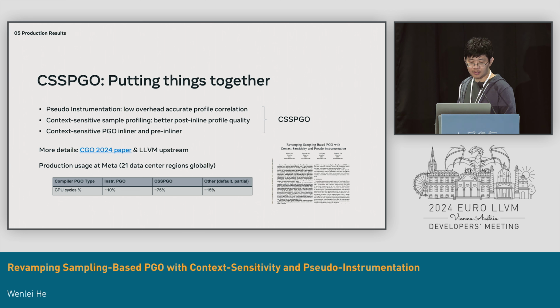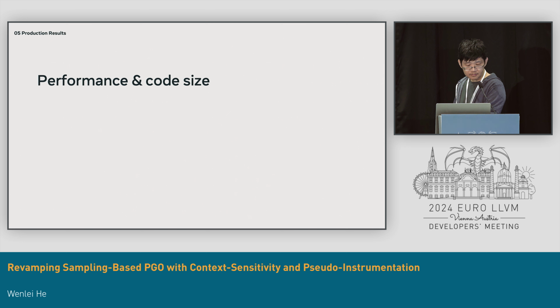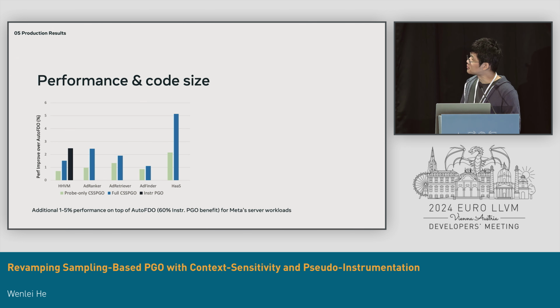The table below shows compiler PGO breakdown by Meta's fleet CPU cycles. As we can see, the majority of the cycles are actually being optimized by CSSPGO now. Next, we will take a few top services from each segment and do a performance comparison to see how CSSPGO works in production. This chart shows the performance comparison for the top 5 services in Meta's server fleet. We can see that CSSPGO delivers about 1 to 5% additional performance on top of AutoFDO. And in the case of